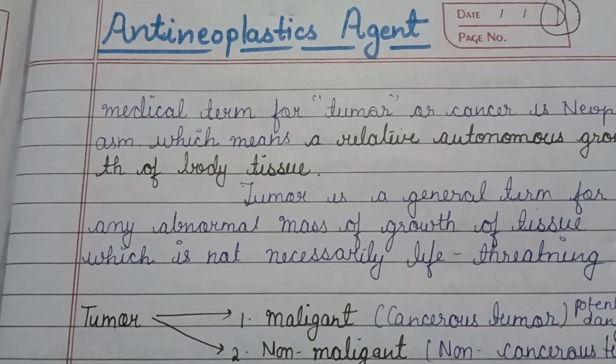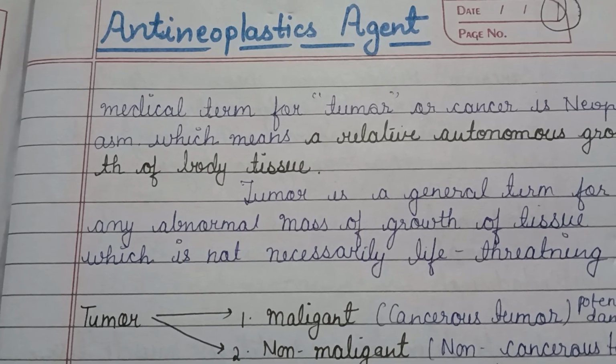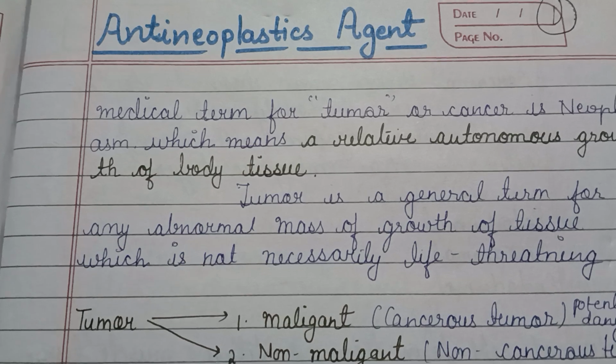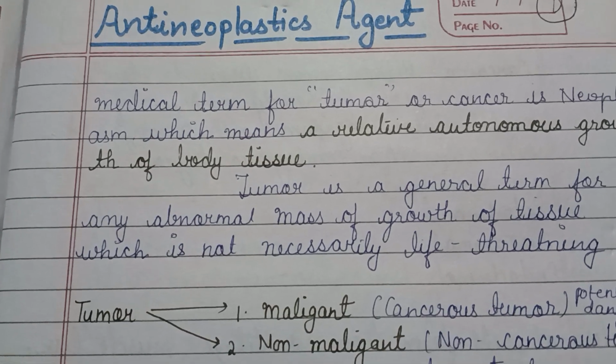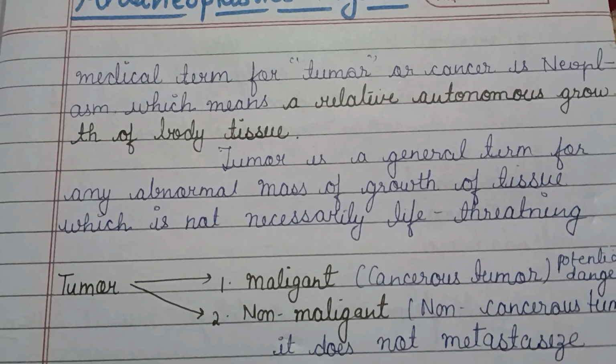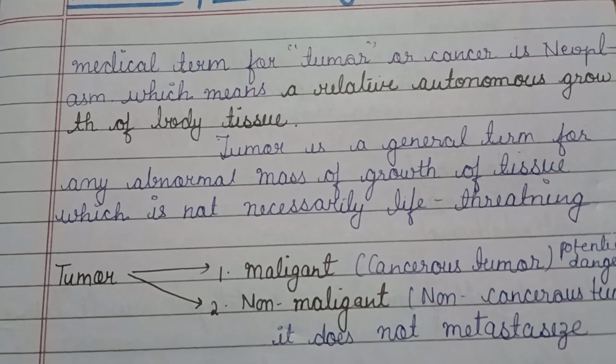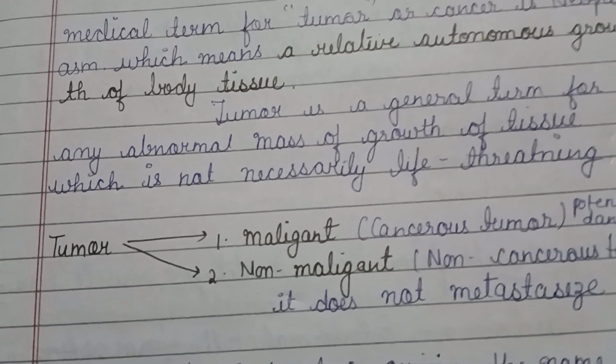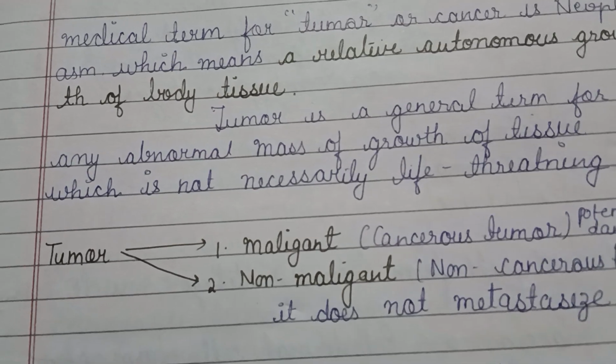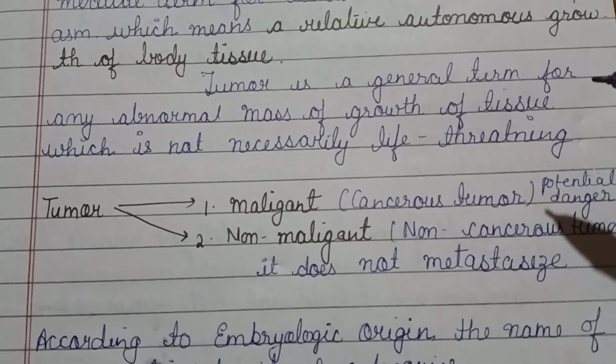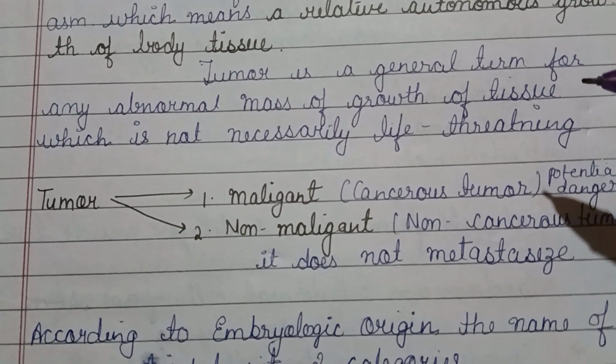Hello everyone. Today our video topic is antineoplastic agents. This one is a part of medicinal chemistry. The medical term for tumor or cancer is neoplasm, which means a relatively autonomous growth of body tissue. So what is a tumor? A tumor is a general term for any abnormal mass of growth of a tissue which is